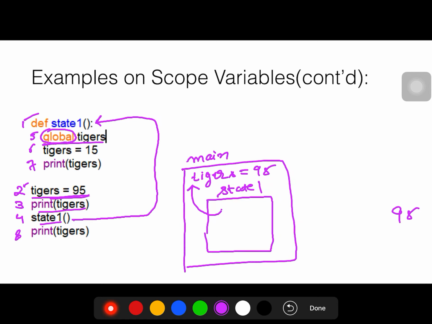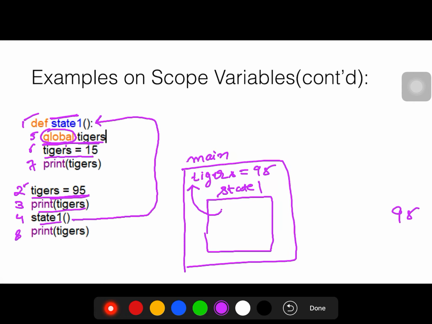Then state1 is using, by this keyword global, tigers which was there in the main function. State1 function is using the variable tiger that is there in the main function.